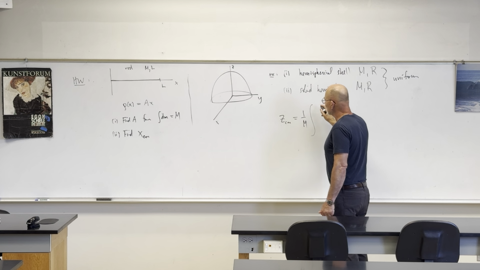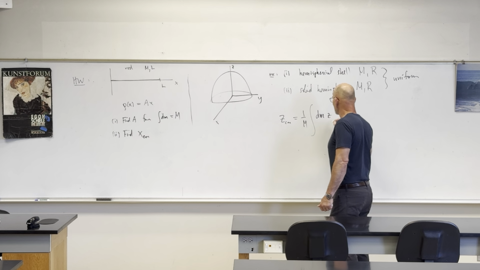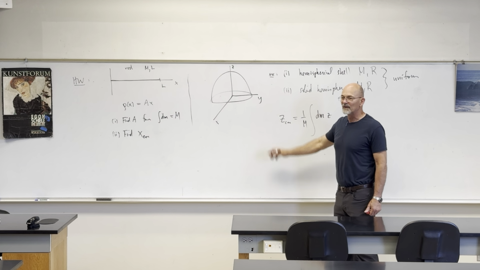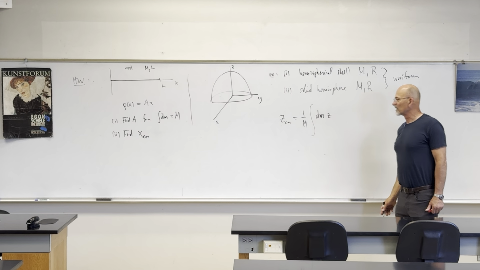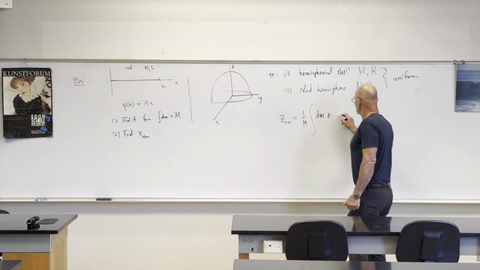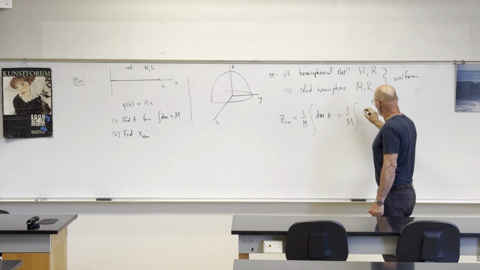So the symbolic form of this, you've got dm times your z component. Now, when you have a hemisphere, you want to use spherical polar coordinates. So we have 1 over M. Your dm will be